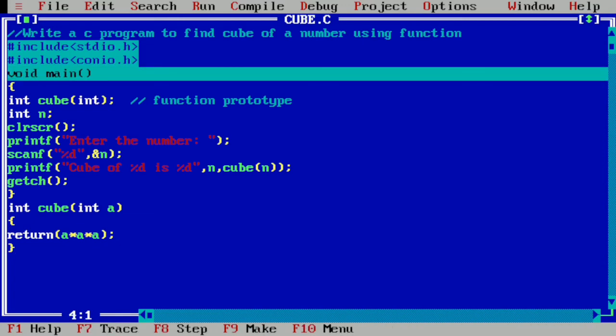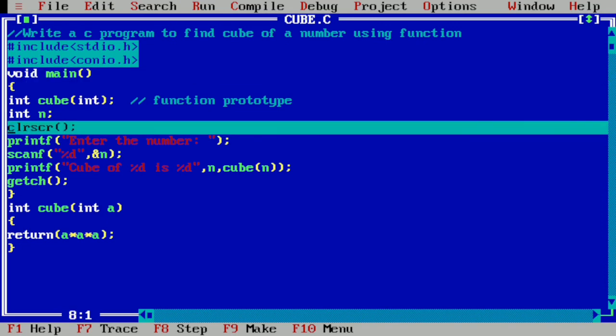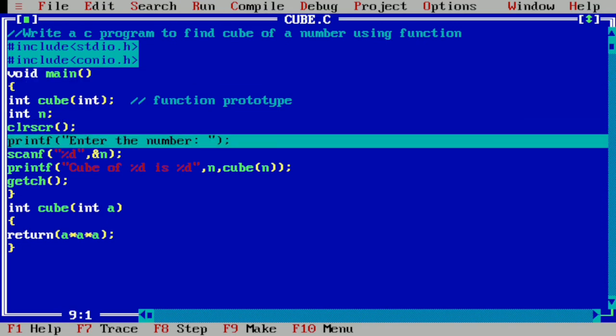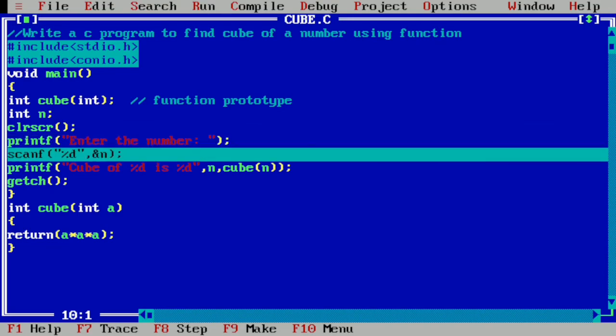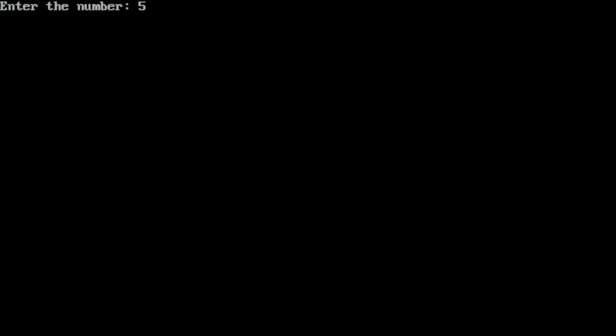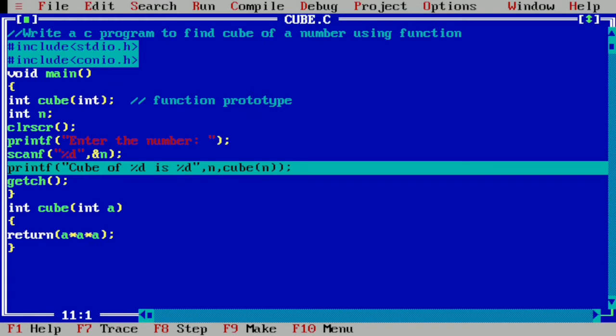Now if you want, you can trace this particular program by pressing F7. So here you can see, first it is showing a green color strip on the main function. So continue pressing F7. It has entered into the body of the main function, and here you can see it is asking enter the number, and now I'm going to enter 5 once again and press enter.